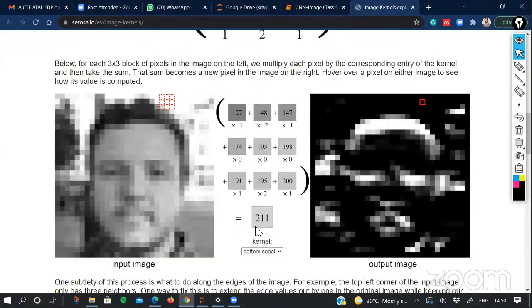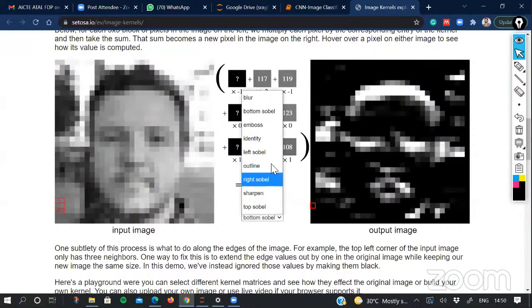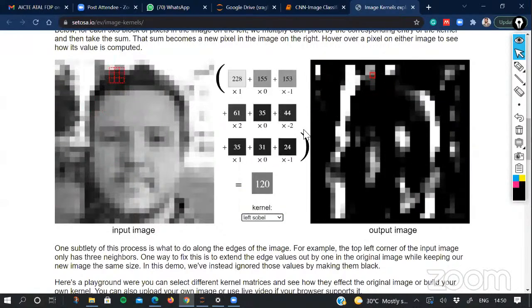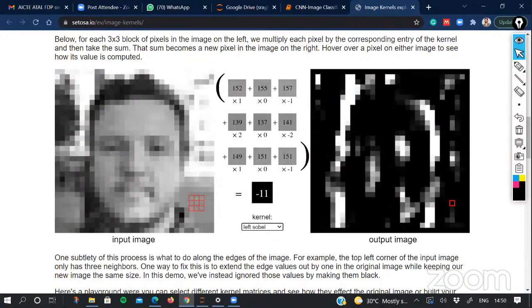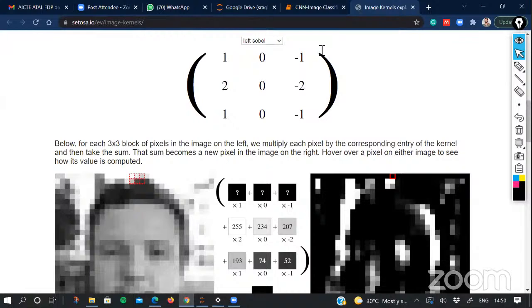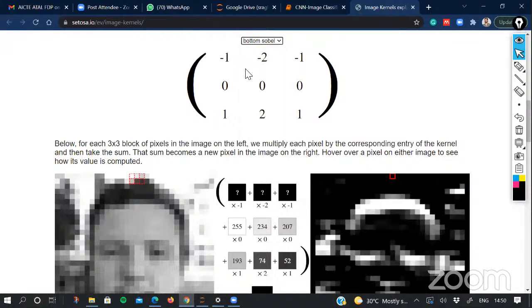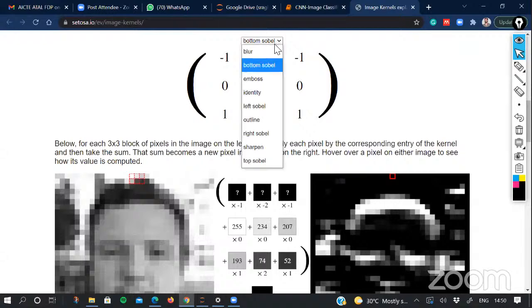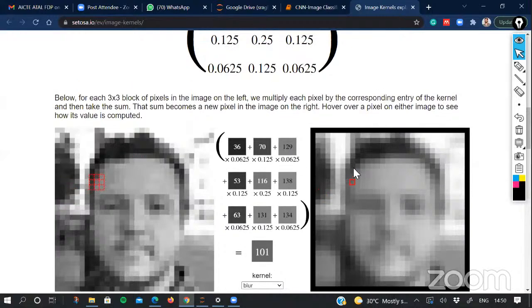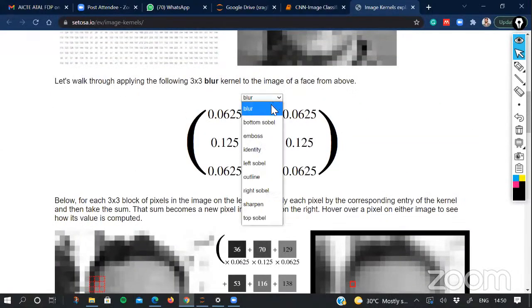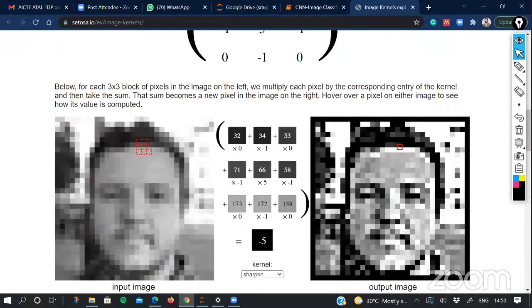I can change these filters one by one. Like if I want to know the vertical lines, I can change it. So now you see that I am extracting the vertical lines from that image using this filter. So this is the filter which can extract the vertical lines. This is the filter which can extract horizontal lines. And then similarly, you can compute some blur features, you can compute some sharpness features. You see that? So you can do that.